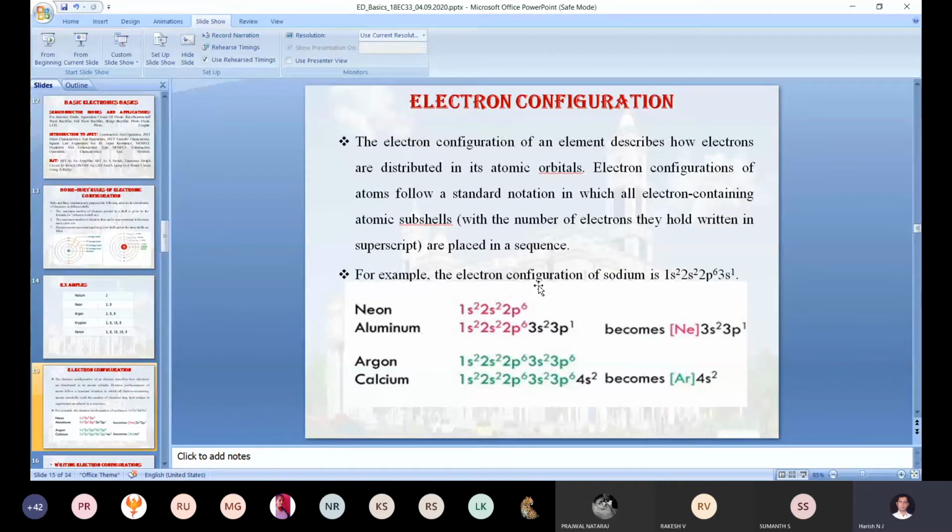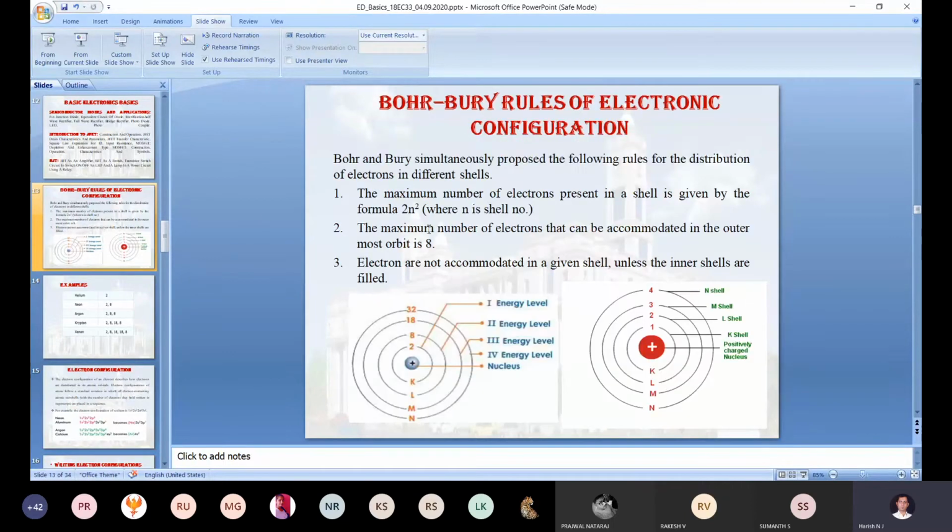The maximum number of electrons accommodated in the p subshell is 6. So you first fill the p subshell, then you can move to the next orbit, the 3s orbit. This information you can see in the third rule. Now the second rule, once again: for any atom with any number of electrons, the outermost shell must consist of only 8 electrons.